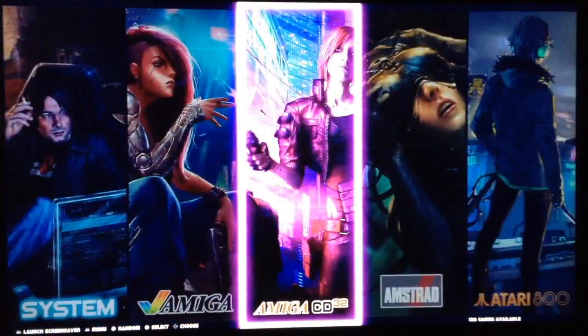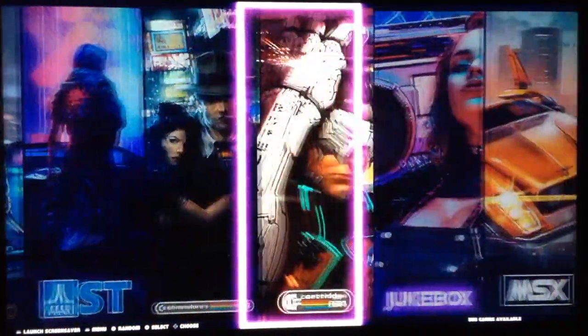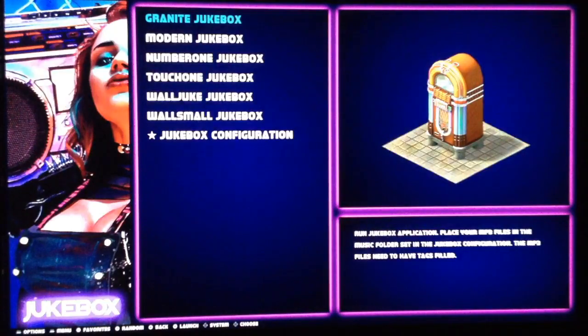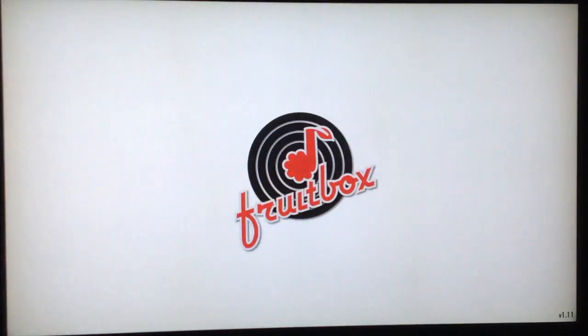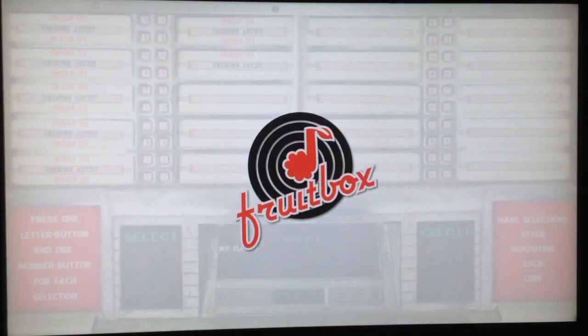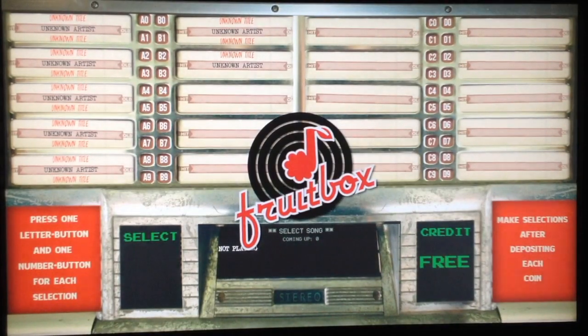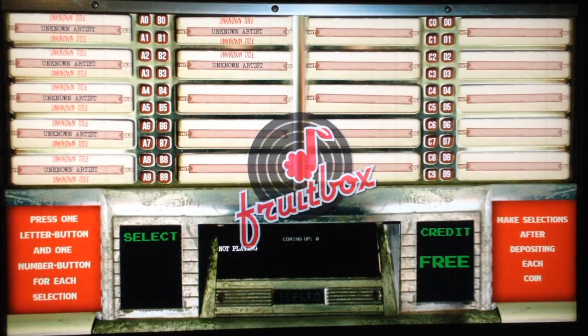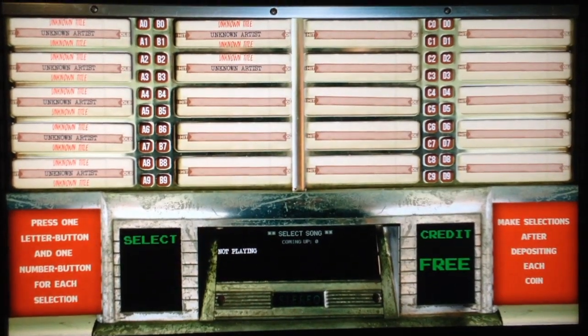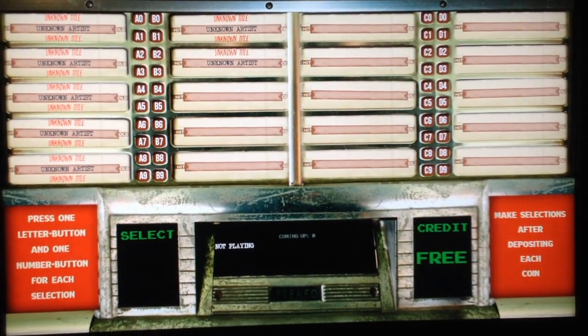Or you can listen to the soundtrack on the Jukebox app. That one. You have many graphic styles for the Jukebox. I'll show you the one I prefer, which is the modern Jukebox. Let me take my keyboard because you need that. You need a keyboard here. Let me adjust the frame. Okay, and this is